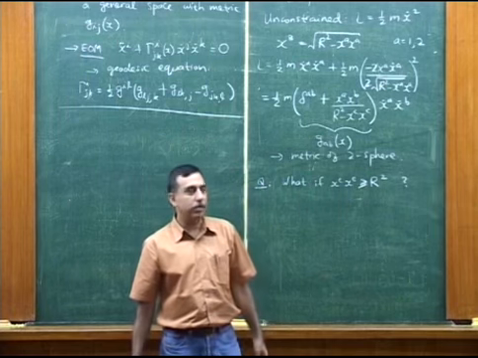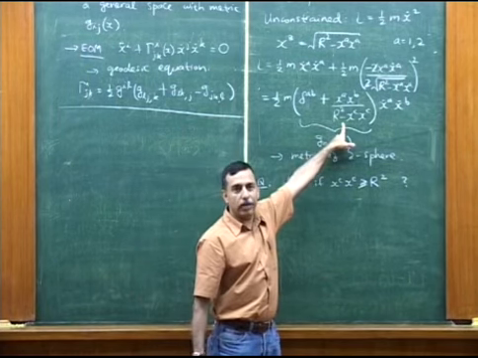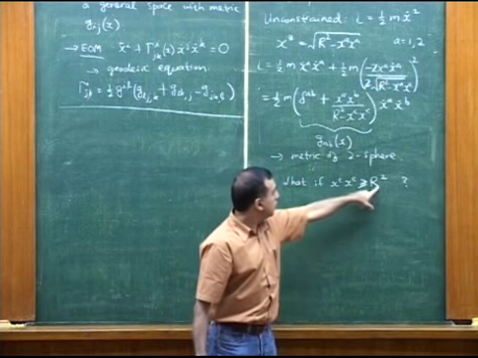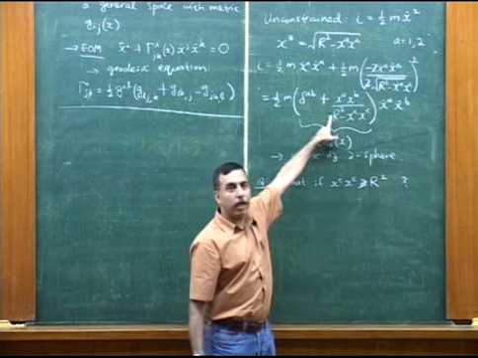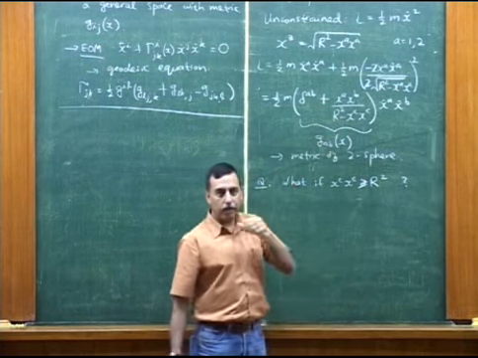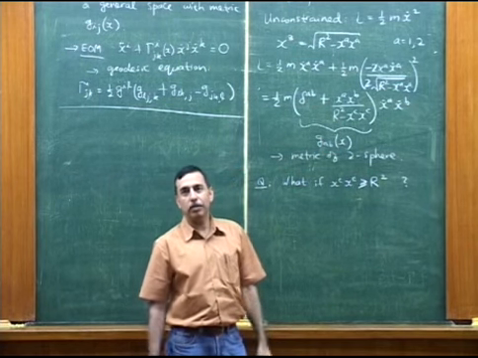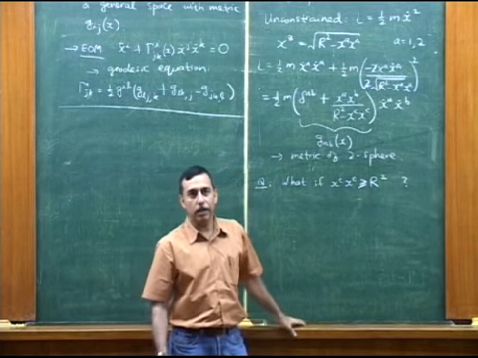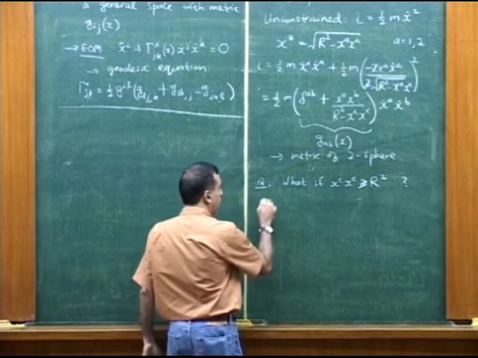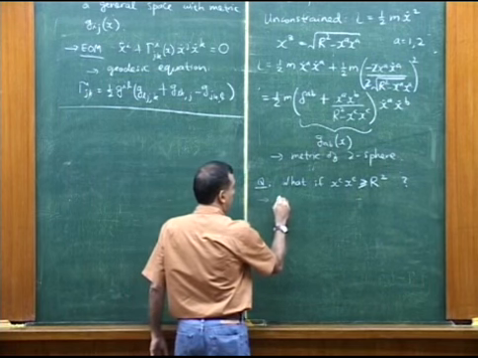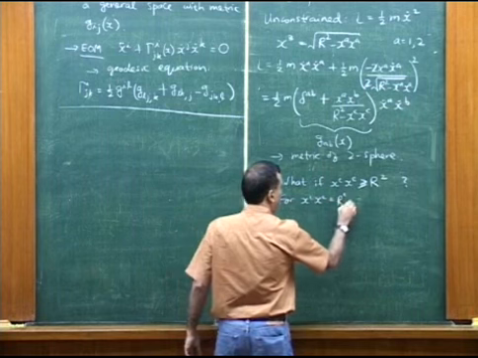In fact, this is interesting. Those points are there on the sphere, but this metric looks bad at those points. On the contrary, xc greater than r squared are points which are not there on the sphere, but this looks okay at those points. So you see, we learn that when a metric looks bad, it may not be bad, and when a metric doesn't look bad, it may still be bad. This is an important lesson, and it will follow you through the entire course. So let's write that lesson. For xc equals r squared, metric